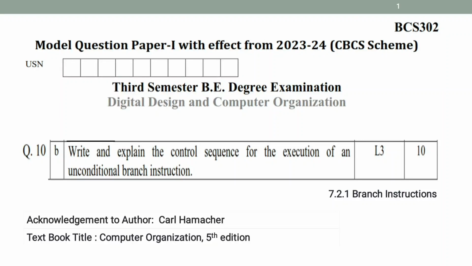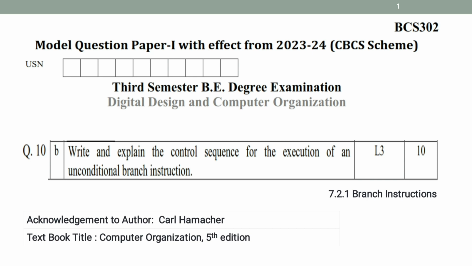Today we shall discuss Model Question Paper 1 with effect from 2023-24, that is the current year. CBCS scheme, 3rd semester BE degree examination, Digital Design and Computer Organization, with subject code BCS302. The question number 10b: Write and explain the control sequence for the execution of an unconditional branch instruction, that is